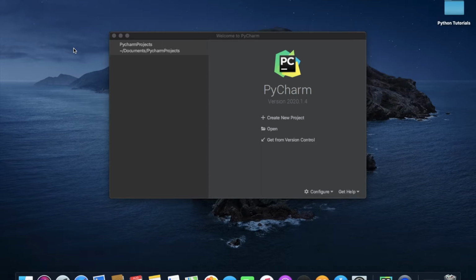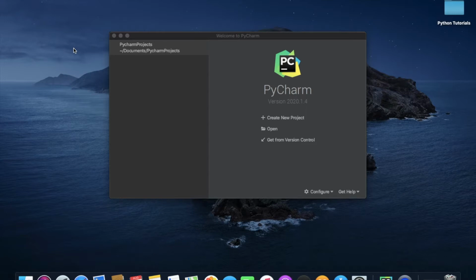Today in this Python series we will be discussing Python operators. So in this tutorial you will learn about different types of operators in Python, their syntax and how to use them. And we will do a practical overview of how we can use Python operators.